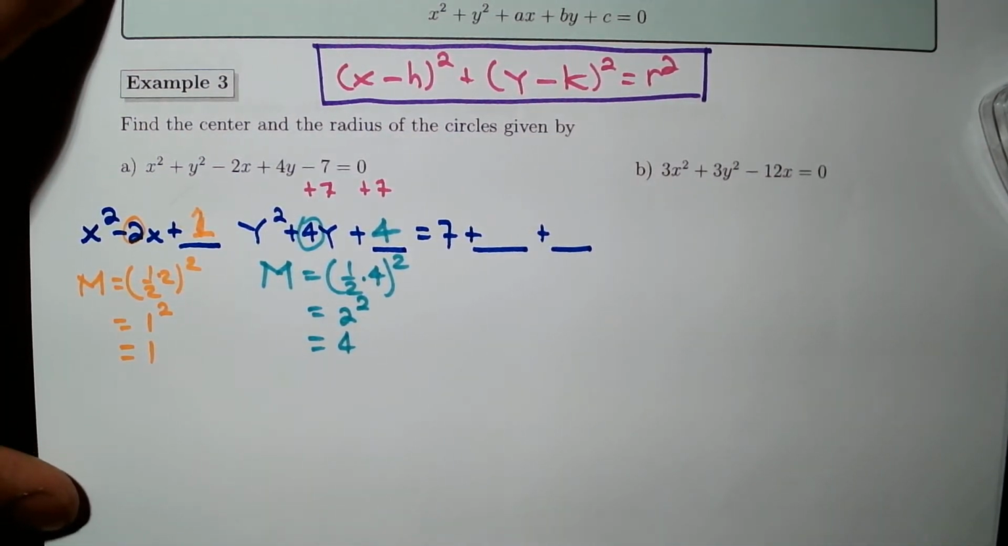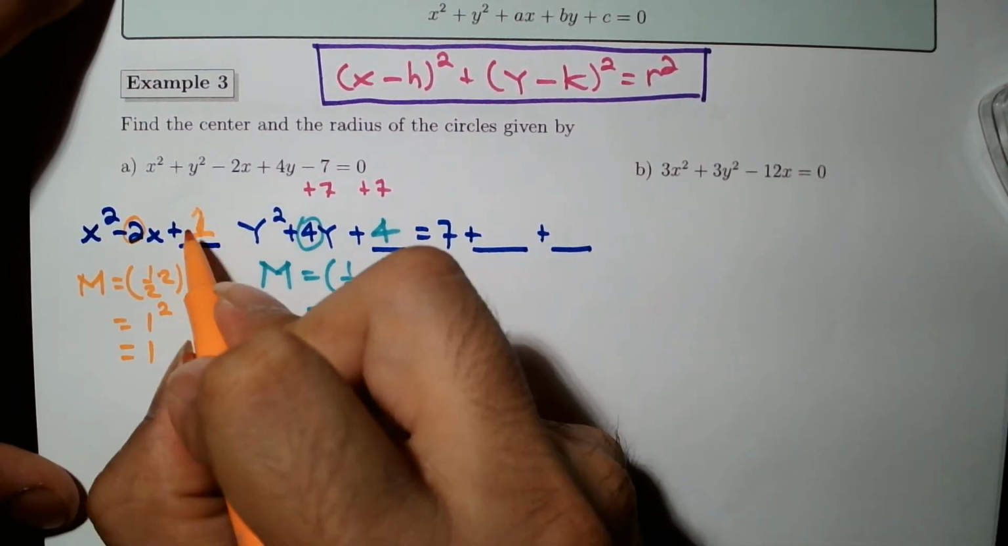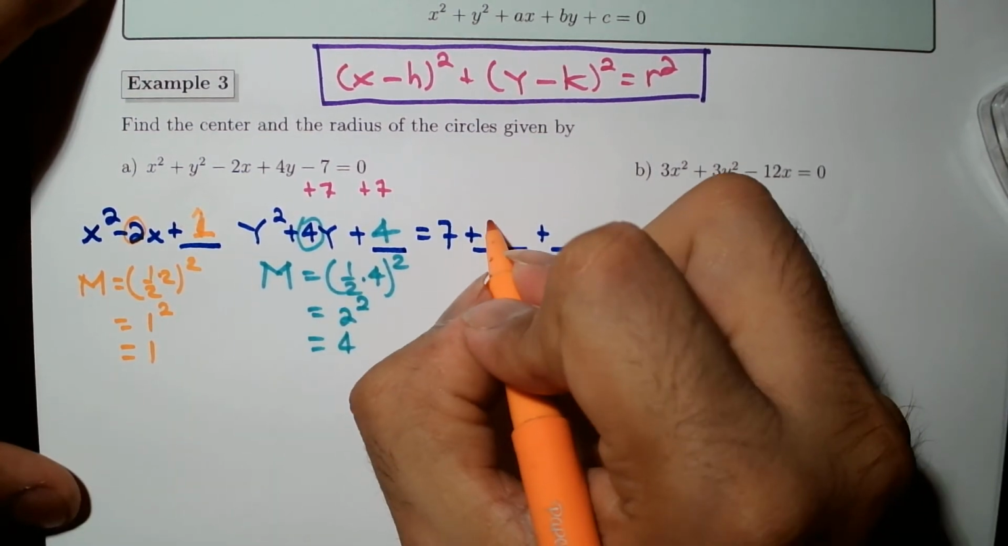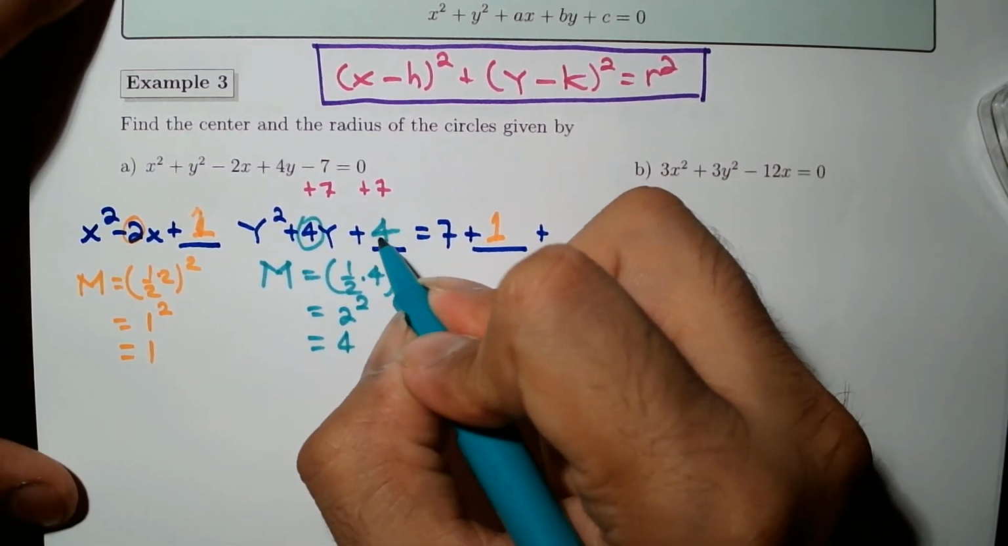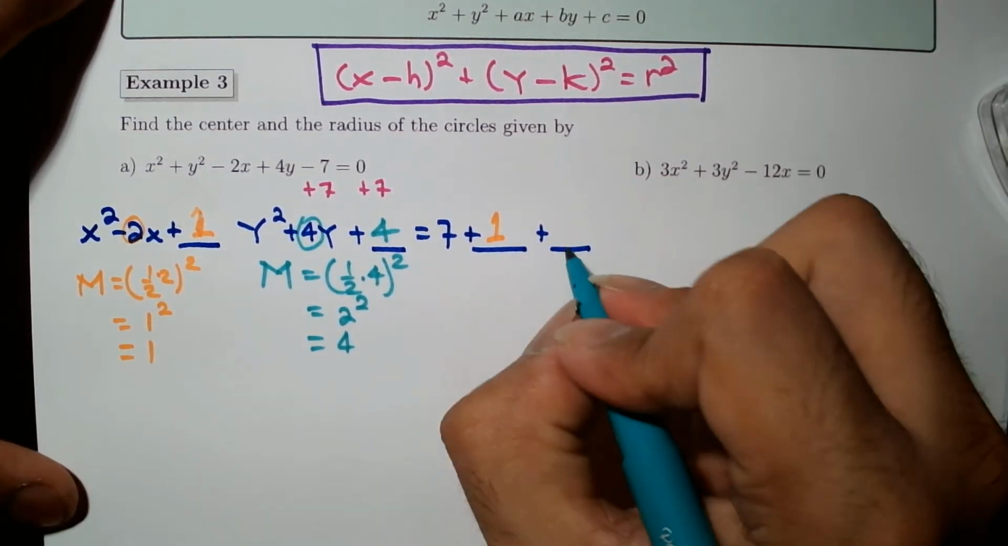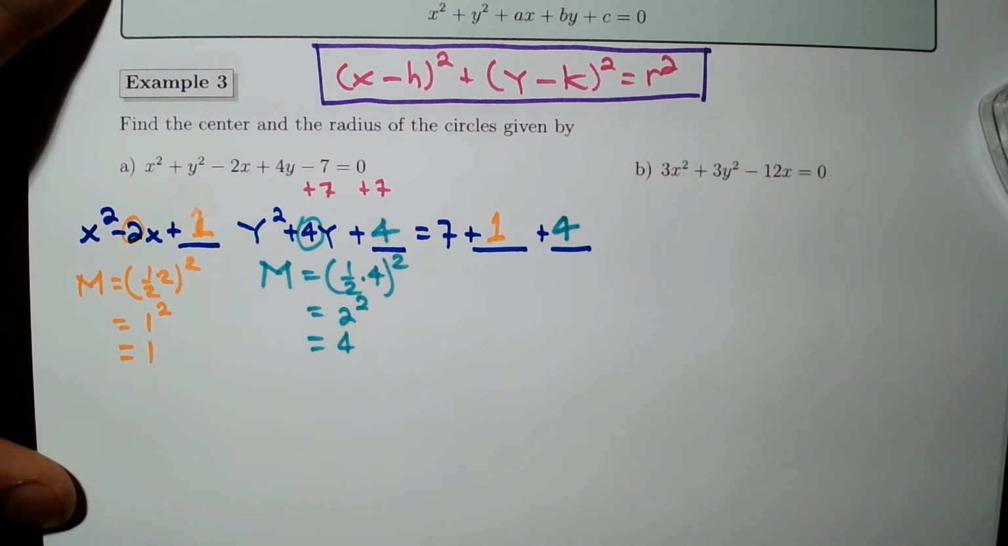However, notice how I added a number 1 on the left hand side. If I do add a 1 on the one side, then I had to add it on the other side. Likewise, notice how I added a 4 on the left hand side. Be sure to add it on the other side as well. Alright, so